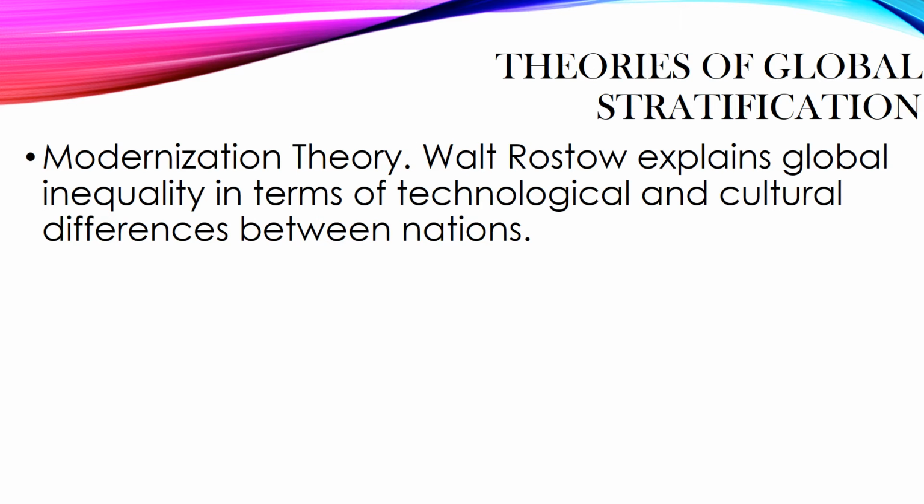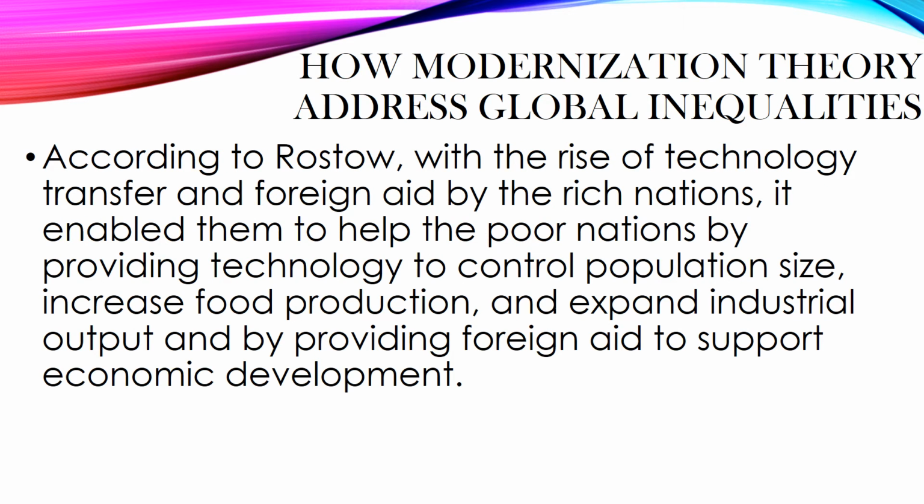According to Rostow, modernization theory addresses global inequalities in a way where the rise of technology transfer and foreign aid by rich nations enable them to help the poor nations by providing technology to control population size, increase food production, and expand industrial output, and by providing foreign aid to support economic development. The second theory under this model